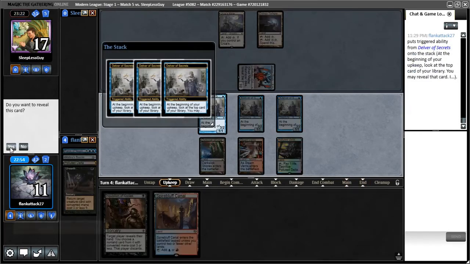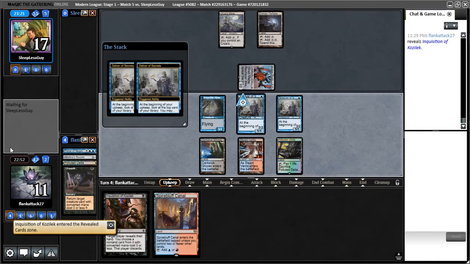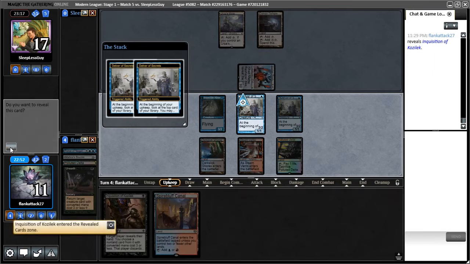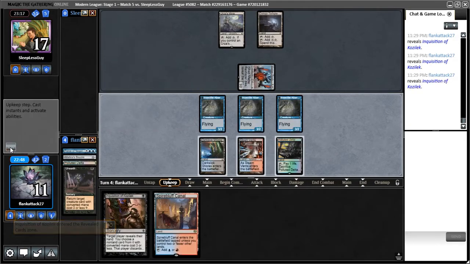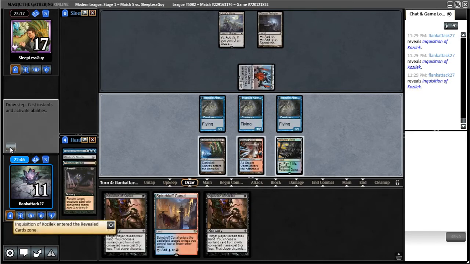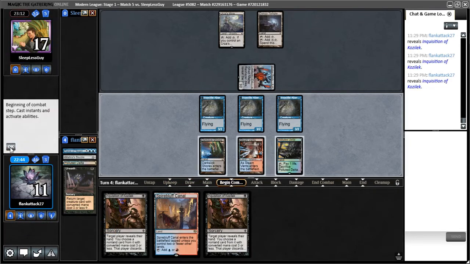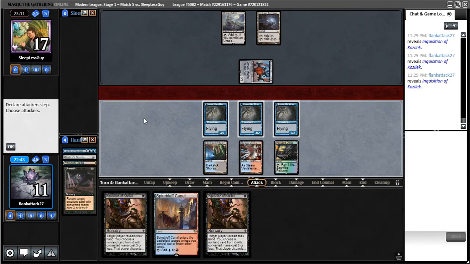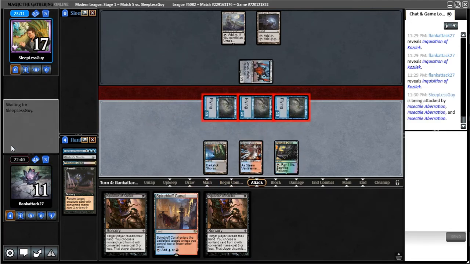All right, so let's see what we reveal here. We reveal an Inquisition. Yeah, all right. Flip these Delvers. Let's go. Opponent conceding to an Inquisition of Kozilek. Yeah, all right. Flip these Delvers. All right. Opponent's on a 2-turn clock. Let's attack with 3 Delvers. It took a while to flip them, but...